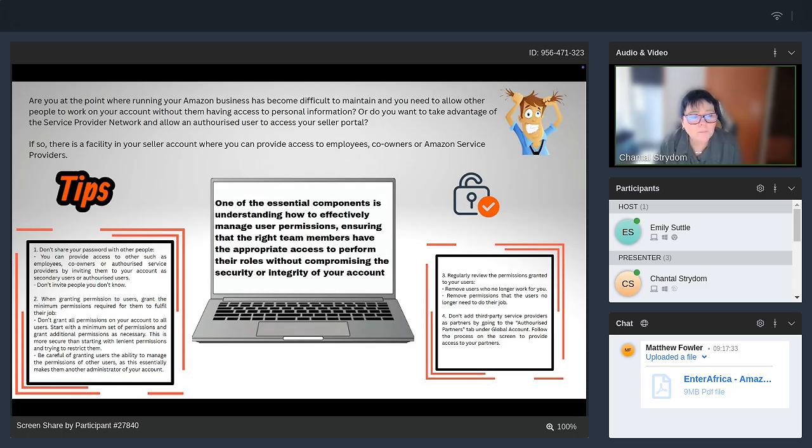When granting permissions to your users, always give them the minimum. Have them look at what permissions they have, and if there's anything else in their line of function that they need to do for you and they need additional permission, you can then grant them that. You must also regularly update your permissions. If there's someone that's no longer working for you, remember to delete them. New people come in, obviously you're going to add them. And